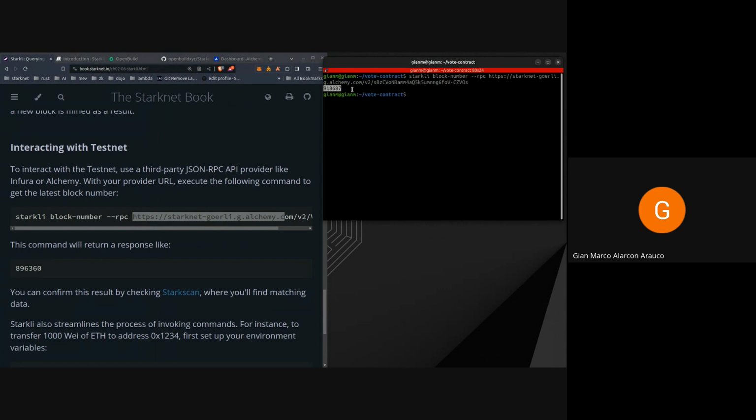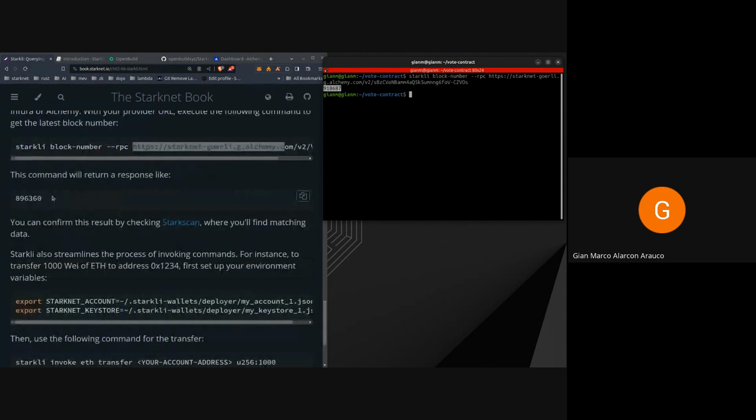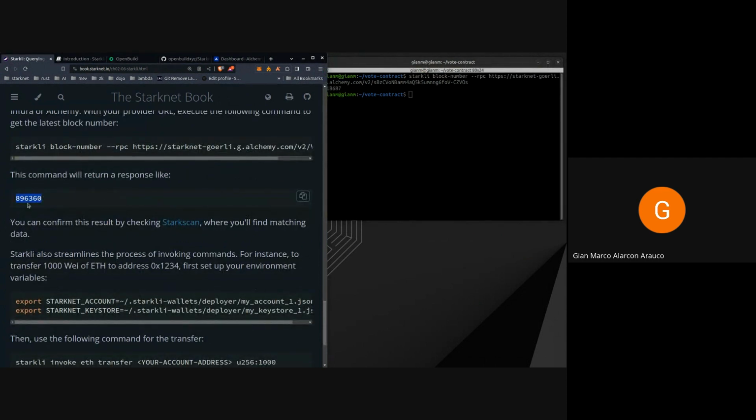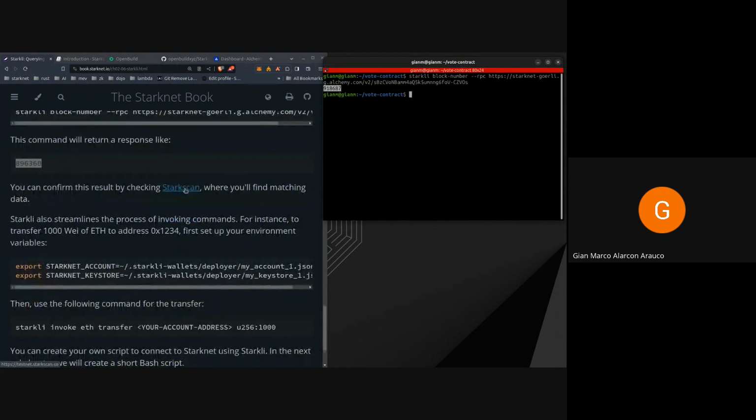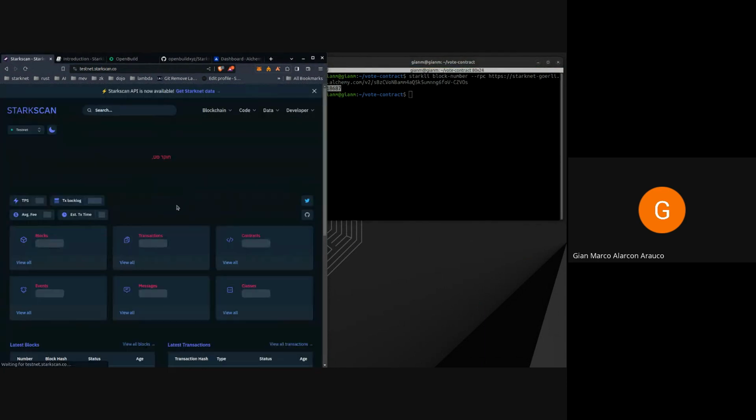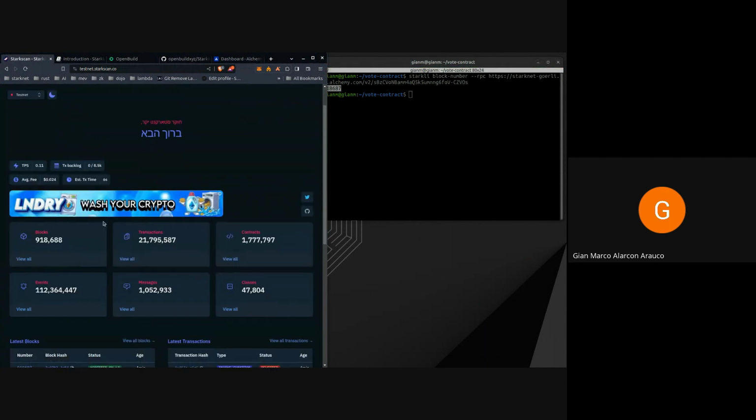So you can see we're using Goerli. At this time, this is the latest block number on Goerli, different from Katana. Katana is always going to start with zero, at least for now. But on this command, we're using testnet with Alchemy, so the block number is totally different. In this example they did it before with this number, but right now it has increased a lot. And you can also check it with the scan, what is the latest block number. Blocks, you can see